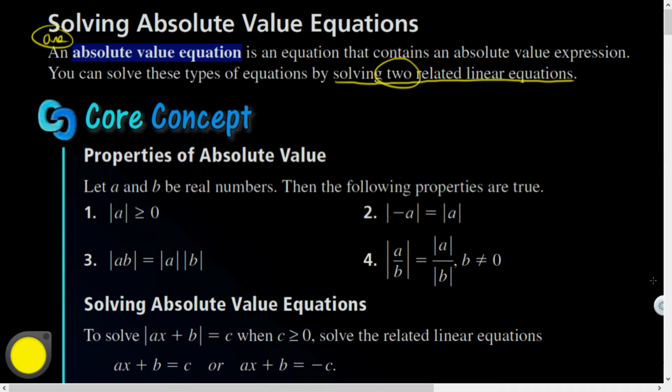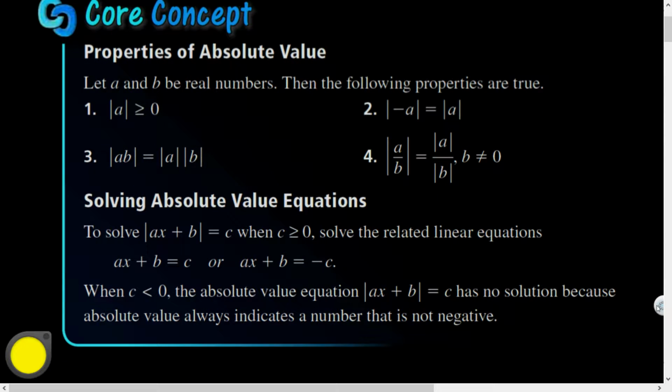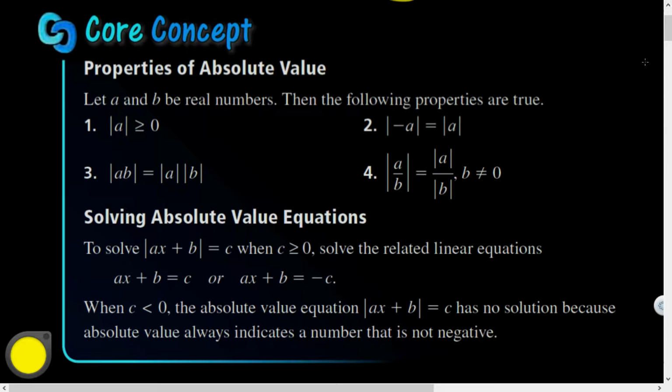So here, first of all, absolute value, you might remember, is the distance a number is from 0, and absolute value takes a number and makes it non-negative in the case of it being 0. So let A and B be real numbers. Here are some properties of absolute value, right, Cameron? So the following properties are true. Absolute value of A is greater than or equal to 0, right? So I'm going to say, Ethan, that absolute value will give you a